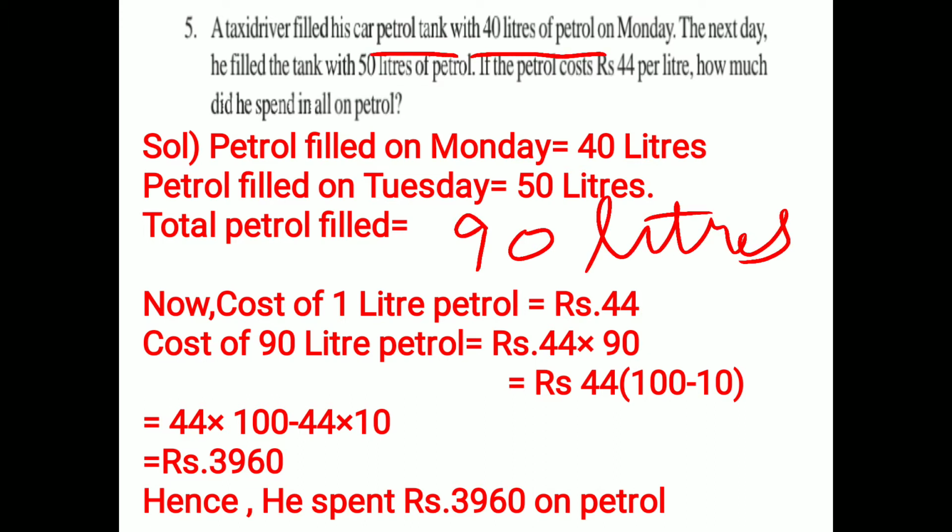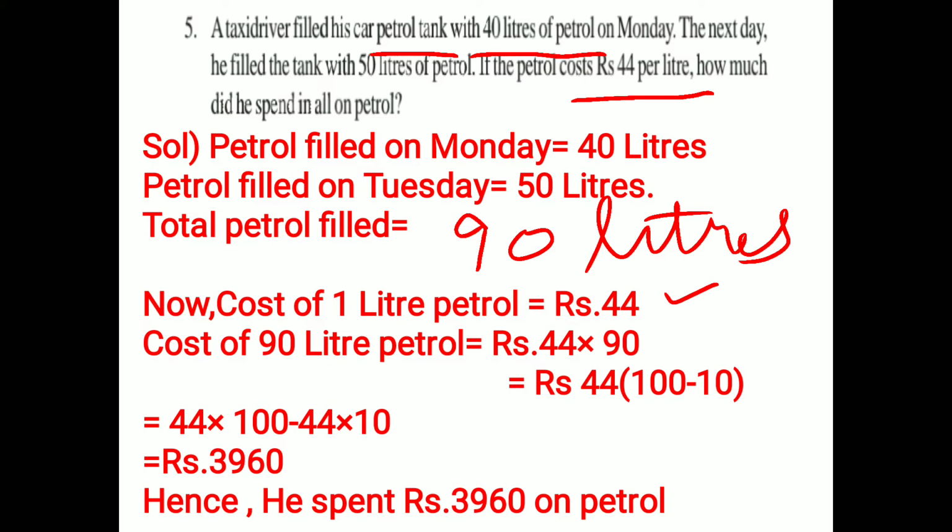If the petrol cost is rupees 44 per liter, means the cost of 1 liter of petrol is 44 rupees. So you write now: the cost of 1 liter petrol is rupees 44. How much did he spend in all on petrol? Means how much money he spent on petrol. Now the cost of 1 liter petrol is 44 and how much petrol did he fill in the tank? 90 liters. Clear? So you write: cost of 90 liter petrol is